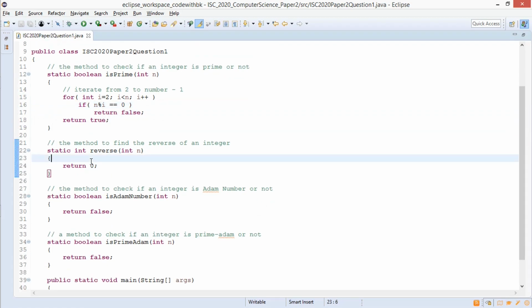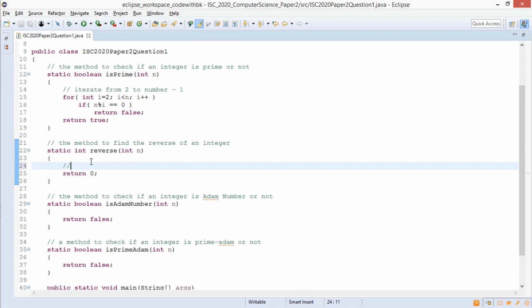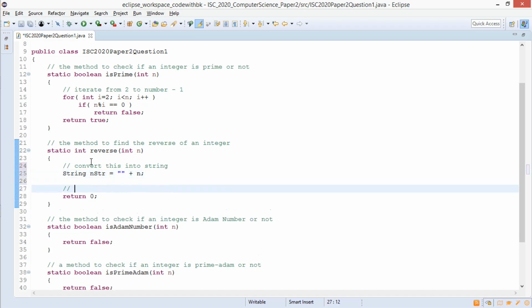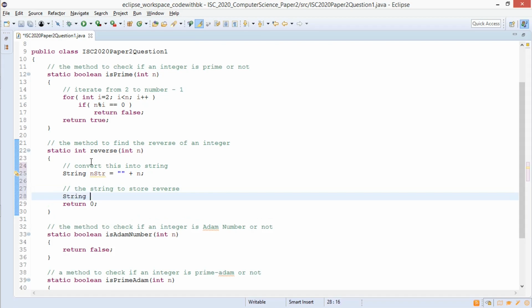Then you have to find the reverse of a number. I'll take the simpler method of converting into a string and then converting it back to an integer. String nstr is equal to blank plus n. Then store the reverse: string refstr is blank.